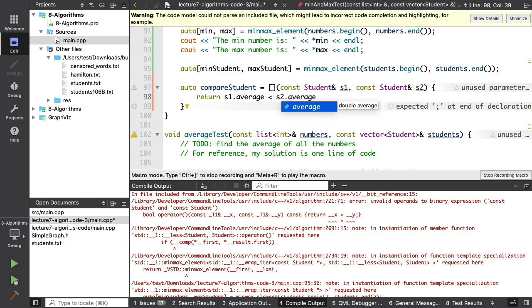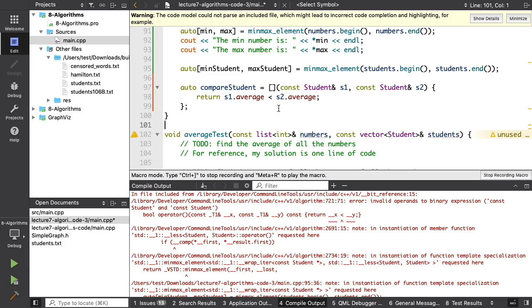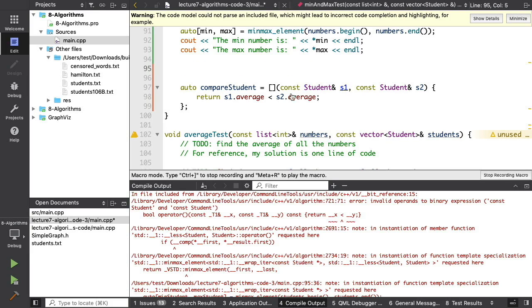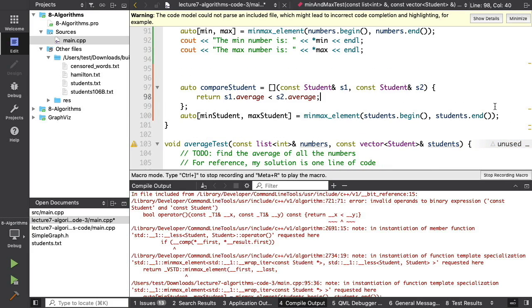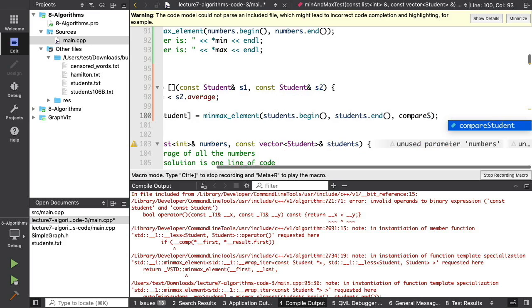Yeah. So this is saying, okay, how do you know which one is the larger one? Where we're saying, okay, this function should return true when the first average is less than the second average. Okay. We just do that, and then now we have a lambda function. We can just pass in that function, and